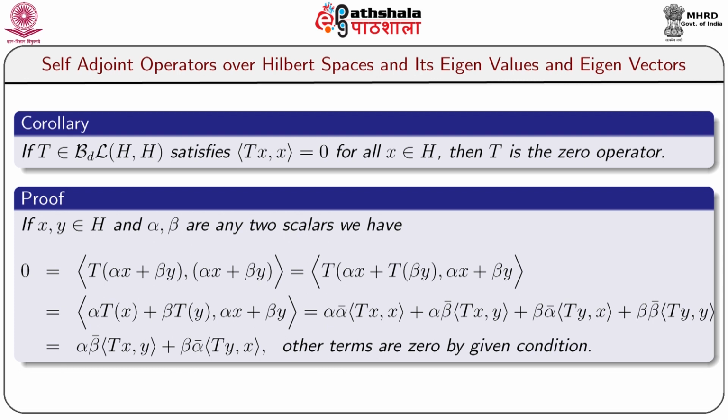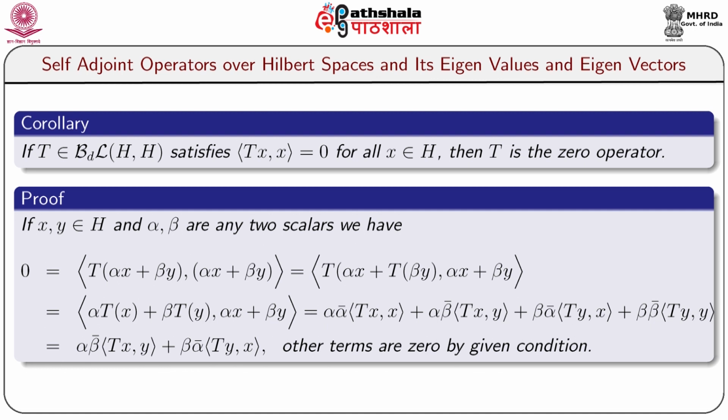If x, y belongs to H and alpha, beta are any two scalars, then we have 0 equal to inner product ⟨T(alpha x + beta y), alpha x + beta y⟩ equal to inner product ⟨T(alpha x) + T(beta y), alpha x + beta y⟩, because T is linear, which is equal to inner product ⟨alpha Tx + beta Ty, alpha x + beta y⟩,